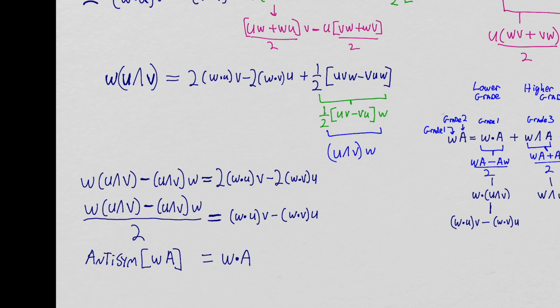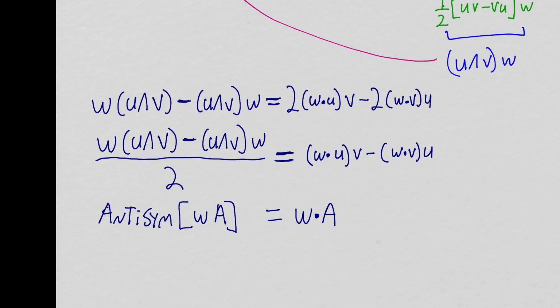But this wedge product, the spacetime product of a wedge product and w, doesn't commute. But if I take this and move it over to the other side, if I take what's left over here and move it to that side, I end up with w u wedge v minus u wedge v w equals this vector. And if I clear the 2, I get w u wedge v minus u wedge v w over 2 equals this vector. Well, if you look at this, this is the anti-symmetric part of the spacetime product of w with